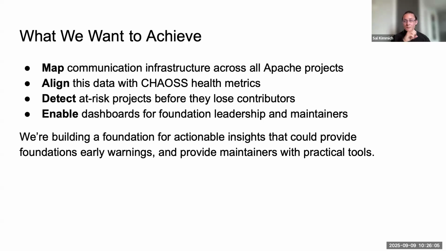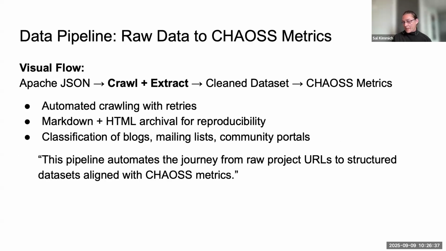really this slide is speaking to the end of this, but then I want to just look at how those look different between these three foundations, and then do we have enough of a pattern based on communication channels as the addition here to see if there are at-risk projects before they lose contributors. If we could figure out that posture, that would be a really nice blog or white paper to pull out of this. So yeah, trying to get to a predictive state with this data, which we can theoretically do because there are enough data points to give it to us.